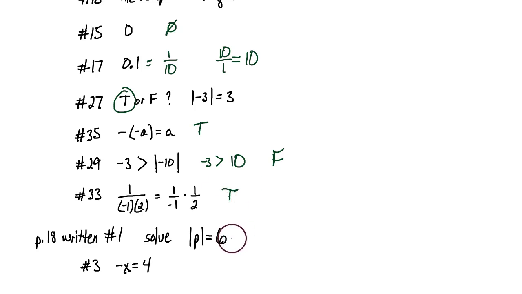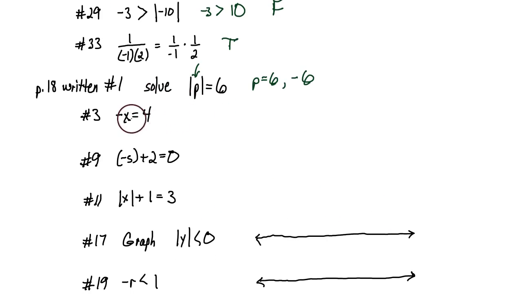For page 18 written, number 1, we're asked to solve this absolute value equation. What number could go inside the bars? One possibility is 6, because the absolute value of 6 is equal to 6. The other possibility is negative 6, because the absolute value of a negative 6 is also equal to 6. Number 3, the opposite of x is equal to 4. So what's x? Well, x would have to be negative 4, because the negative of negative 4 is equal to